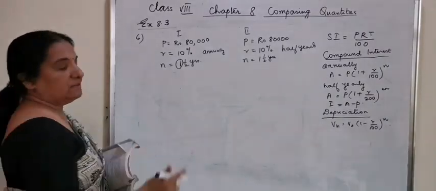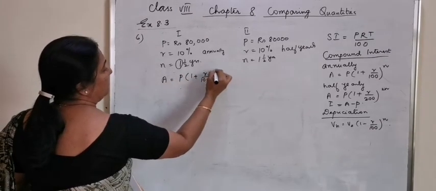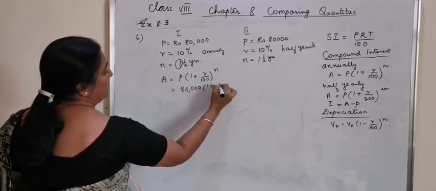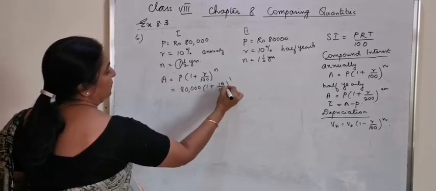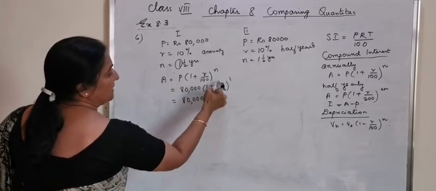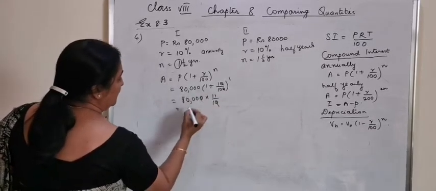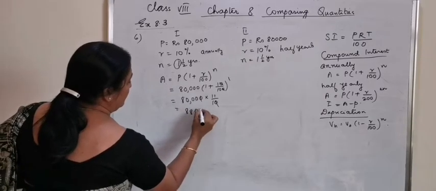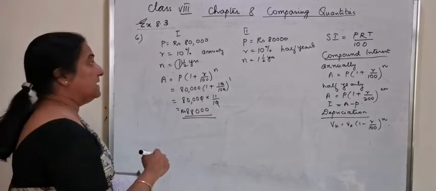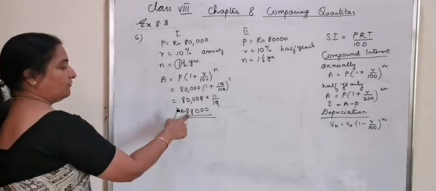the simple interest formula. So, amount is equal to P into (1 plus R by 100) to the power of N, which is equal to 80,000 into (1 plus 10 by 100) to the power of the first 1 year. 80,000 into 10 plus 1, 11 by 10, or it is the same as 11 into 8, 88,000 rupees. Now, the next half year, the interest will be calculated based on simple interest with the principal